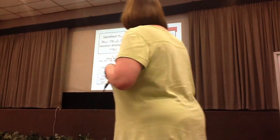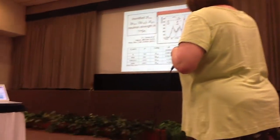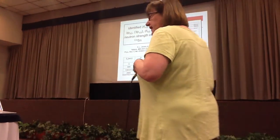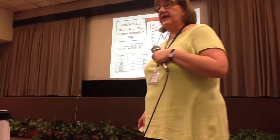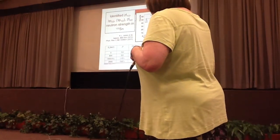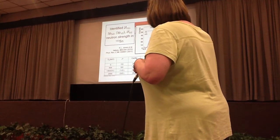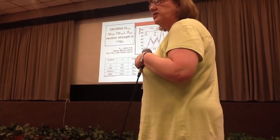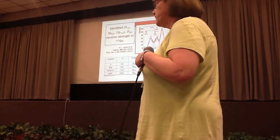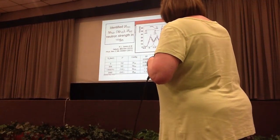And so to summarize these results, we have identified candidates for all of the L equals 1 and L equals 3 excitations above the N equals 82 shell gap. We have spectroscopic factors, which are consistent with 1. We have recently done finite range adiabatic wave calculations where we've taken into account the deuteron breakup, as well as finite range, and those spectroscopic factors